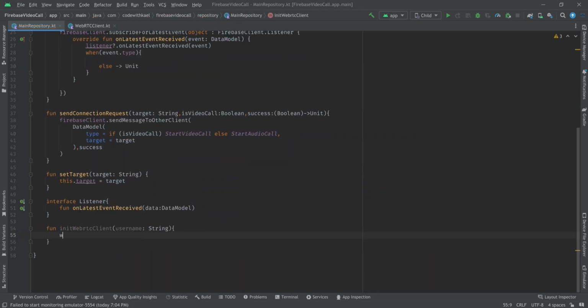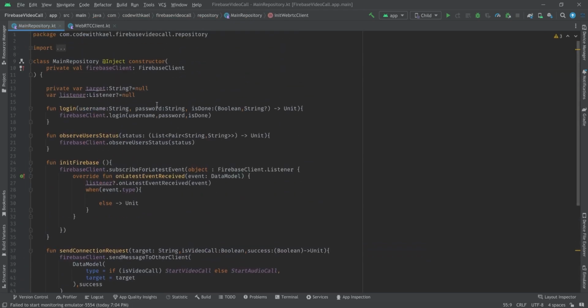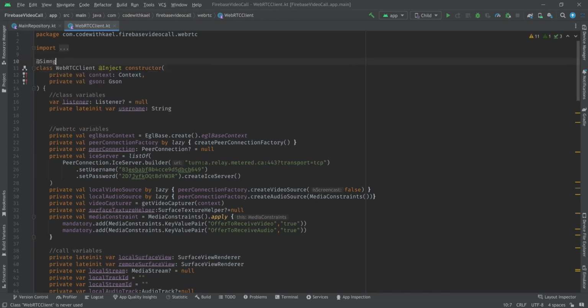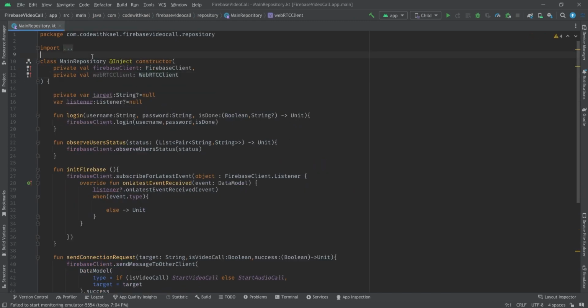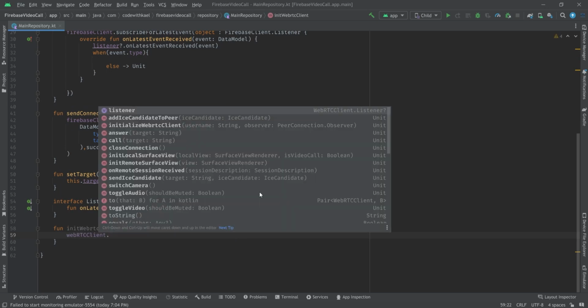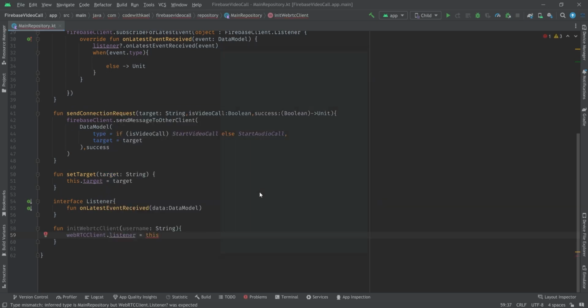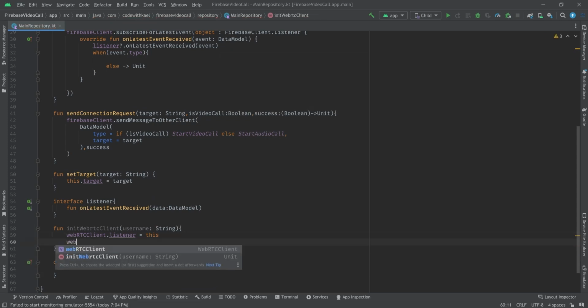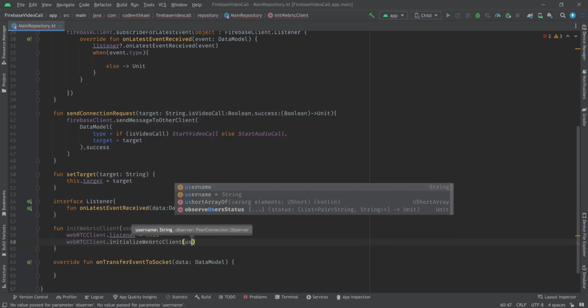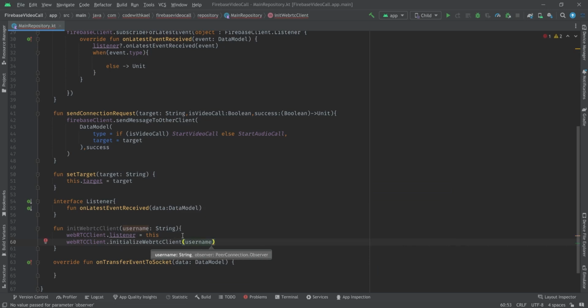First of all, we want to have a reference of our private val WebRTC client, and let's make sure that this one is singleton as well, and same goes for my main repository. Okay, so using WebRTC client, I want to set the listener to this class and let my main repository implement the override methods, and after that using initializeWebRTCClient, I'll just pass the username to it, and for